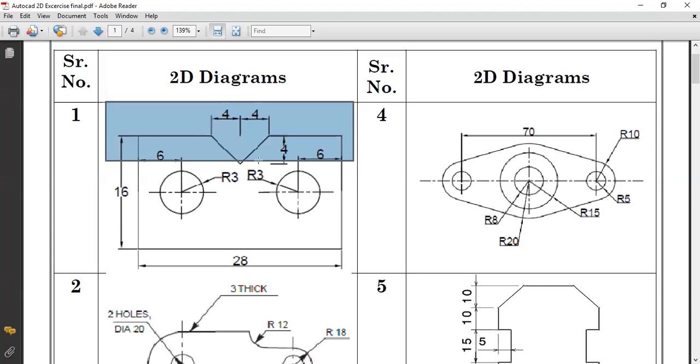Then there is one slot. We will see here, there is one slot. How much depth does that slot have? Vertical depth is how much for that slot? 4. Okay. And one more thing, its width, or length we can say, the length of that slot? 8. Depth 4, length 8. And how many circles are there? 2 circles, one from each end. Okay.